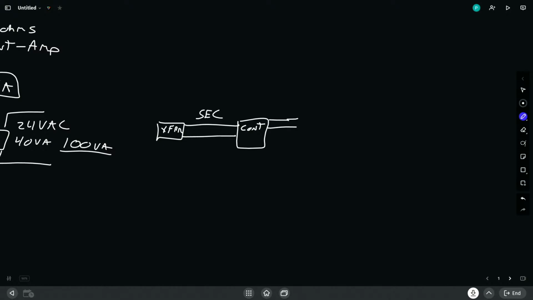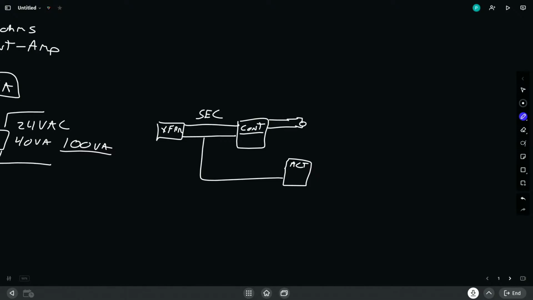So you'll see where controllers have internally sourced voltage to drive what are known as coils, more on that later. And you'll also see where transformers go directly to the control device, like maybe an actuator, and they actually enable the motor of the actuator to be driven.